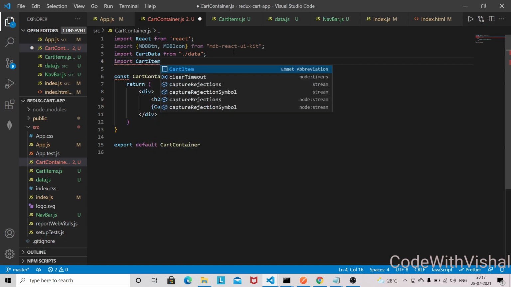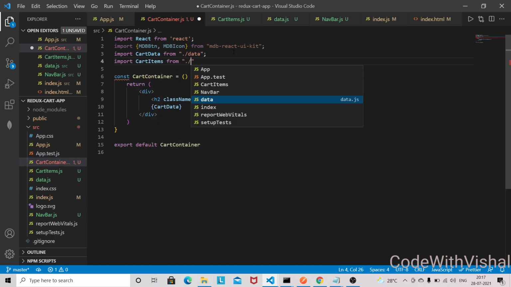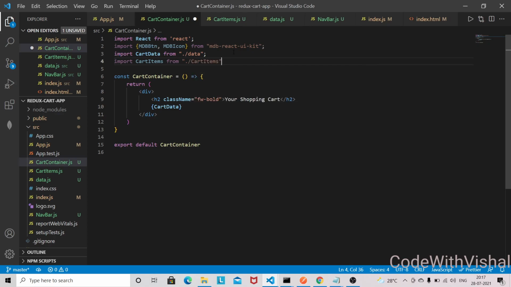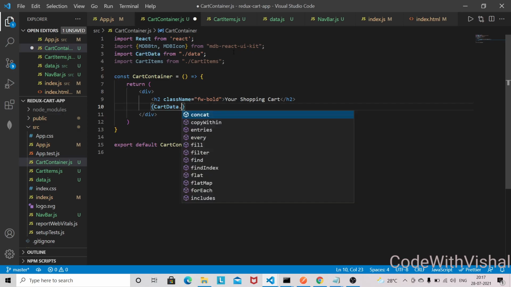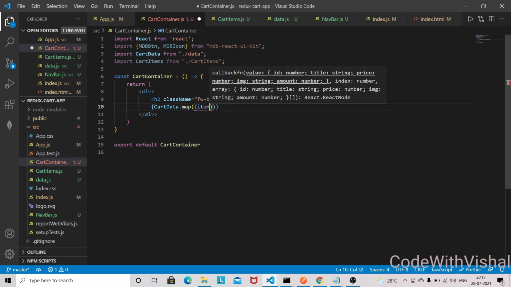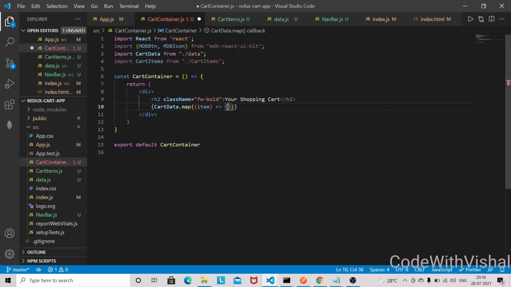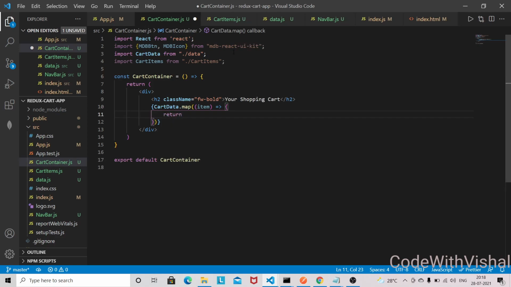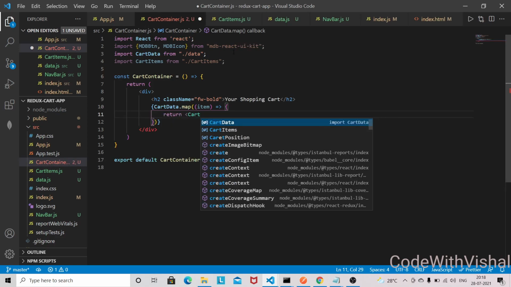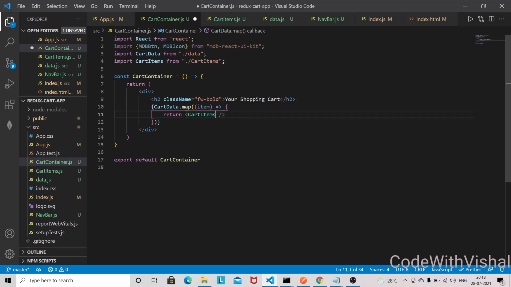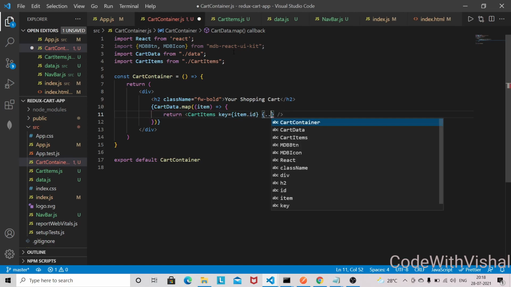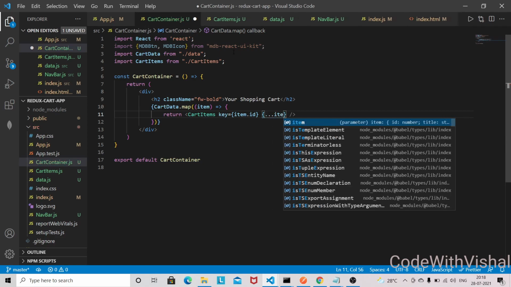So CartItems from CartItems. Okay, and cart data, and I'm going to map this item, and I'm going to return the CartItems. I'll be using key here, item.id, and the rest of the item goes this way only.